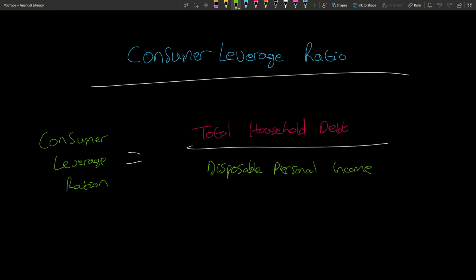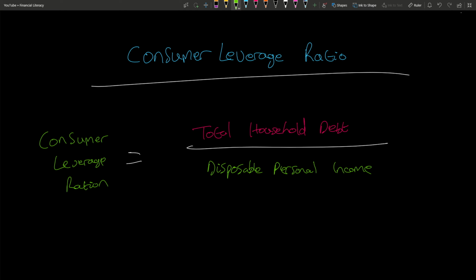income. So another way to think of it is it tells you how long an individual would take to pay off all the household debt. So that factors in a couple of things. One, assuming the household debt does not increase. Two, it also is assuming that you are spending all your disposable personal income on this, and it is not